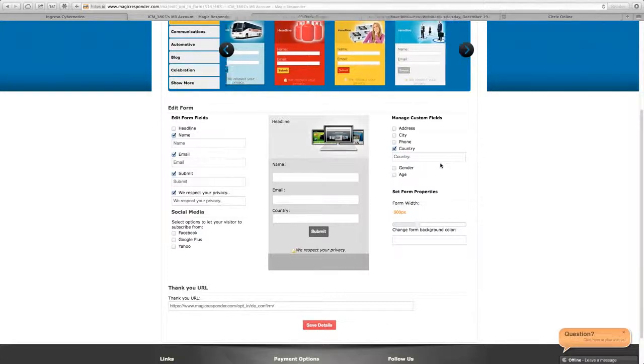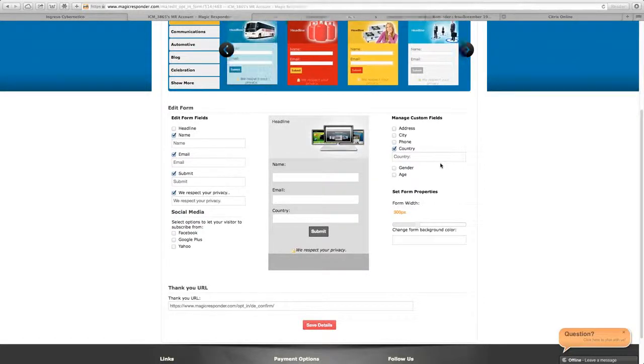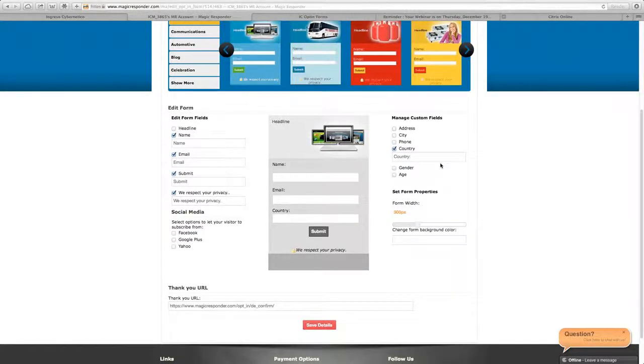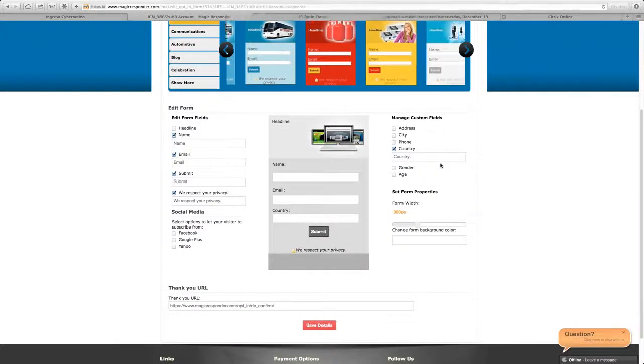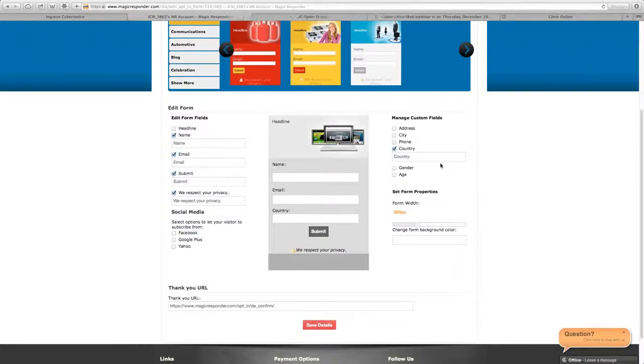So if you can go real quick, go back to the opt-in forms. I'll go and just in case they didn't make it the other night, we'll show them exactly how that is here. So let's do that real quick because that's really just hit manage, edit, and then let's go edit form. So on this form right here, guys, see how it says name and it says email and it says submit,